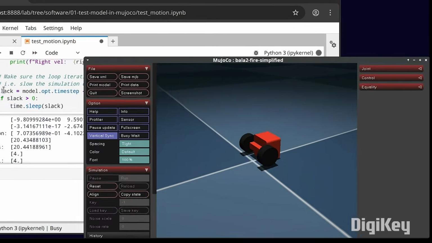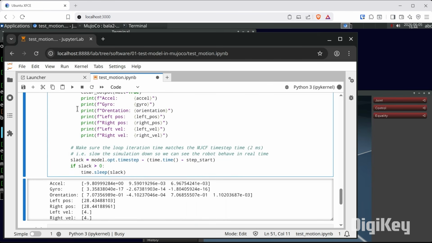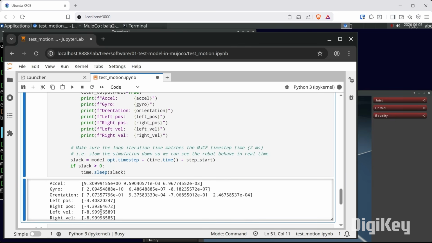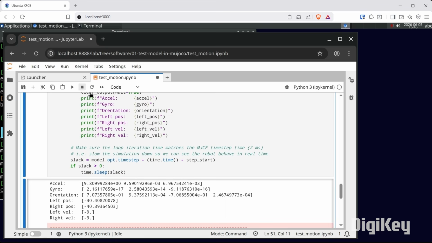When you're done, you can just come over to the cell that's running here. You can see the information getting printed out from the sensors. In fact, if I reset again, you can see those reset. I'm going to try to drive the robot, and you can see how those sensor readings change. When I'm done, I'm just going to push the interrupt or the stop button here. That's going to shut down MuJoCo. That viewer will exit,